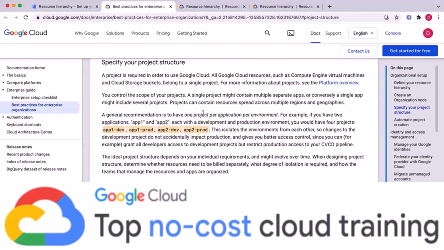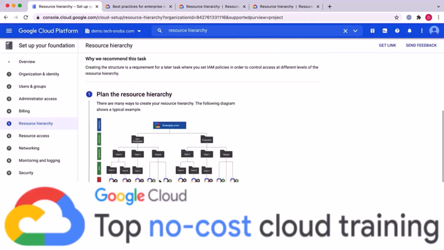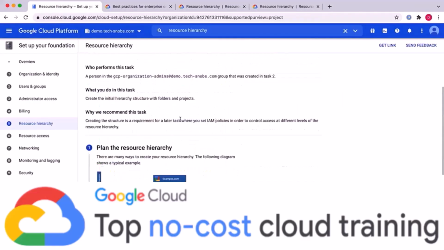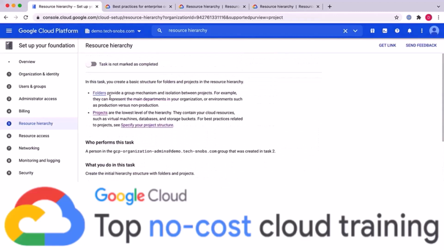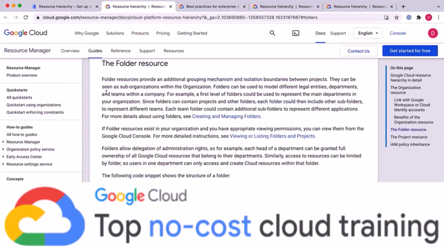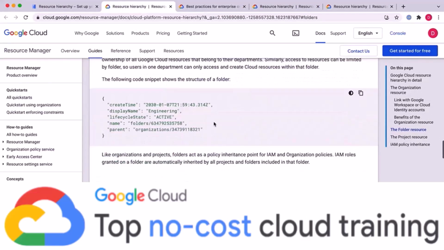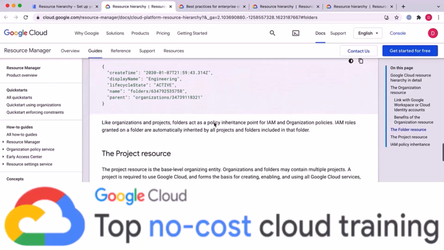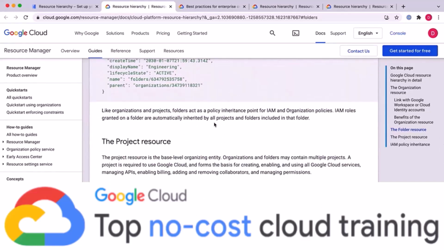And it's really just going to help make things a lot clearer. And then lastly, when you go back to, let's look at the folders. The folders allow you to group everything, like I mentioned earlier, but it really groups the projects underneath. And it's really good, in a big organization especially, to set folders up so that you can